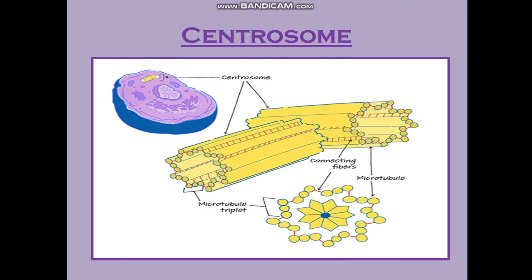Centrosome is actually found only in the animal cell. This you have to remember. It is made up of two centrioles which are perpendicular to each other. The pair of centrioles is called a diplosome. So diplosome plus the microtubules constitute the centrosome. Two centrioles stacked one upon the other in a perpendicular manner is a diplosome. Why? Because two centrioles are present, so we call it a diplosome. But diplosome plus the microtubules, the ray-like things, together they are called the centrosome.